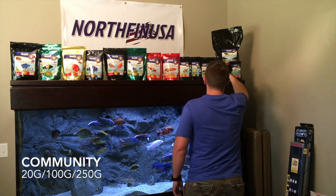Now, most of you say, well, what about fry? Well, I actually highly recommend 1 millimeter pellets for fry as they start to grow. But if you're looking for something smaller, don't mind this bag, I've been using it. This is 48% crude protein. There's only one ingredient. It's 100% whole Antarctic krill, but it is a 250 micron powder. Okay, it's not a pellet. I mean, it is a pellet if you get down microscopically, but this is extremely small. So you could just sprinkle a little bit in there, pinch it, put it in the water, or just let it go. So that's why I end up going to a 1 millimeter pellet so they can pick at it